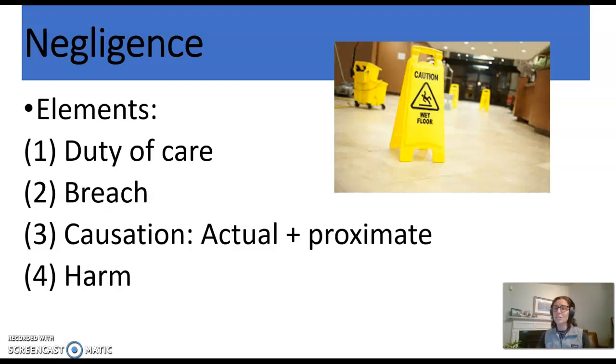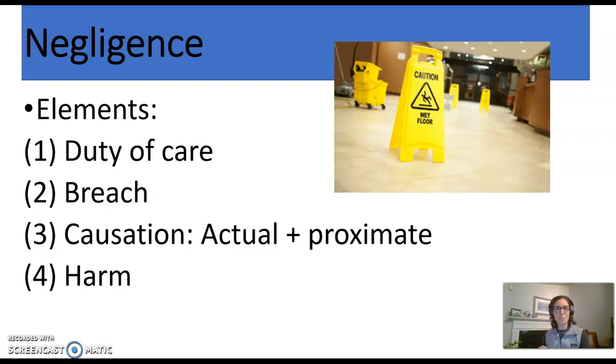But notice that negligence law doesn't say, businesses, you have to be perfect all the time. Nobody can ever slip and fall, nobody can trip, nobody makes mistakes. We don't hold businesses to if somebody slips, then the business is automatically liable. That actually would be what we call strict liability, automatically holding somebody liable. So this idea of duty of care and then a breach of duty of care is rooted in two words that I know you're familiar with. Number one is reasonableness, and number two is foreseeability.